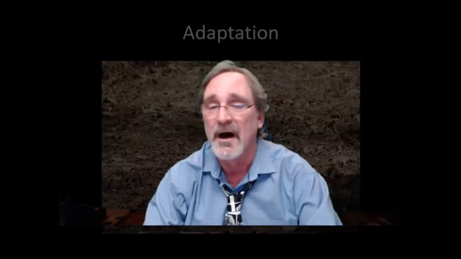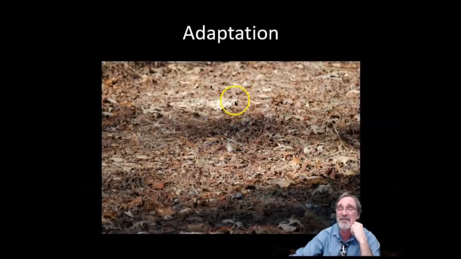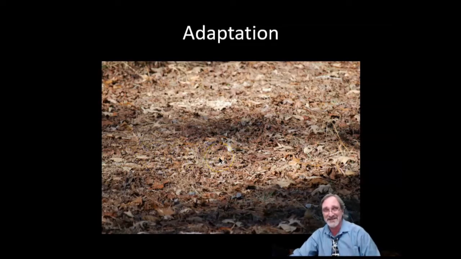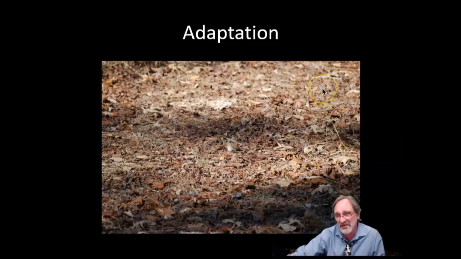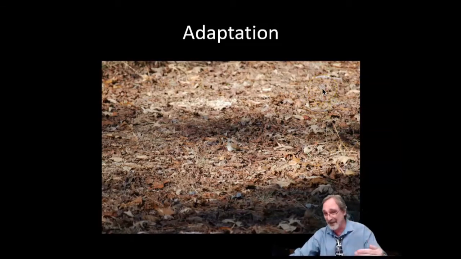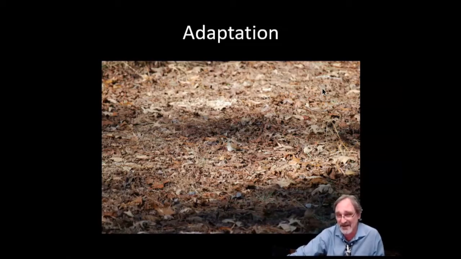And so one really good example of adaptation, something we've already talked about a little bit, is camouflage. We're going to mostly use camouflage as an example. But can you see the animal? The adaptation is the title of the lesson. Can you see the animal in this picture? I want you to look and try to find it. That's going to be a big piece of what's coming up in this lesson: looking at the pictures and trying to find the animals there.